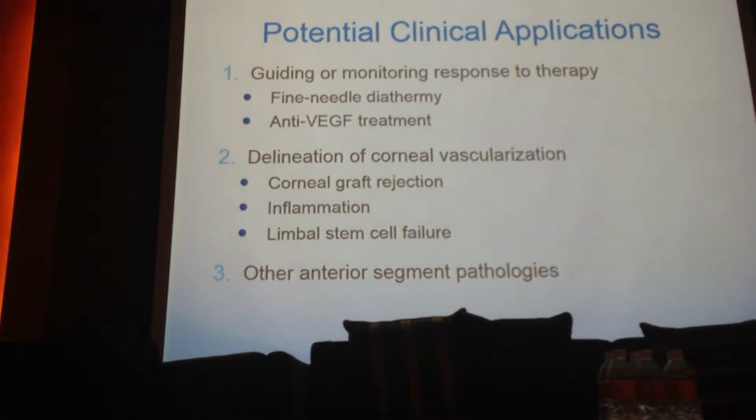So the potential clinical applications could be guiding our treatment. We do perform fine needle diathermy for large feeder vessels and large corneal scars. Anti-VEGF treatment is one option for patients who have extensive vascularization, and many clinical trials show that subconjunctival injections of Avastin actually work. We might want to monitor treatment, for example, in a patient with a corneal graft rejection, whether they're responding to treatment, PUK, or scleritis, as well as treating limbal stem cell failure,